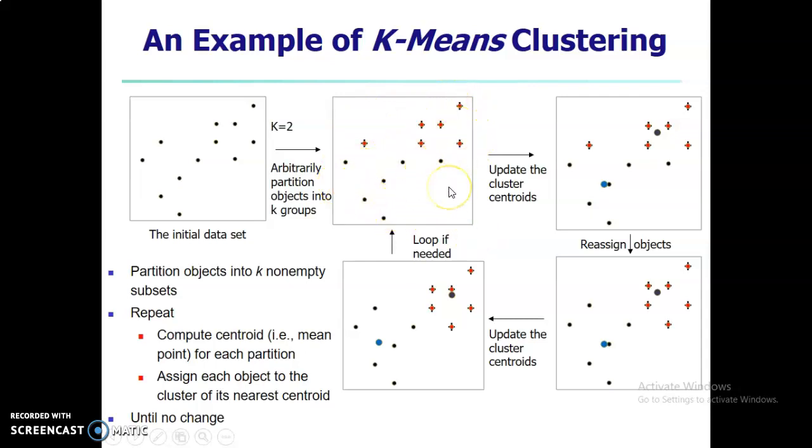So we have this as one cluster or partition, and this is our other partition. For each partition, let's find the centroid or the mean point. Suppose for partition number 1 we have got this point as the centroid, and for partition number 2 we have got this point as the centroid. Now we check which data objects fall near this centroid or that centroid. For every data object, we check which centroid it is nearer to, and accordingly the reassignment is done.